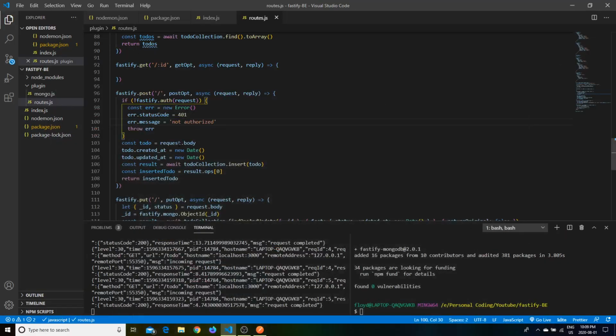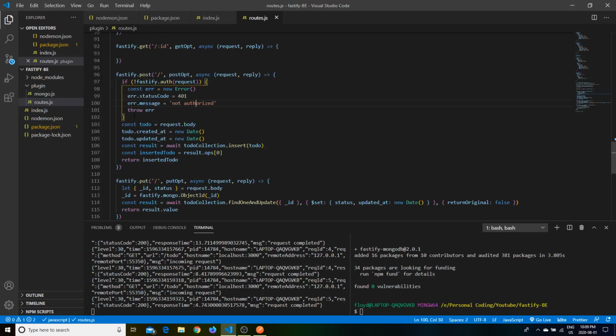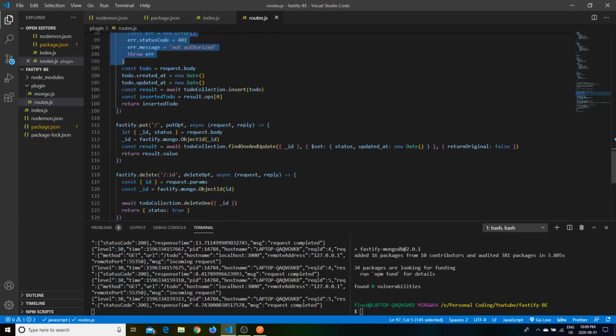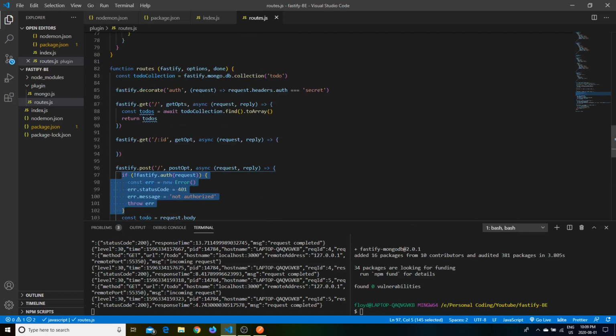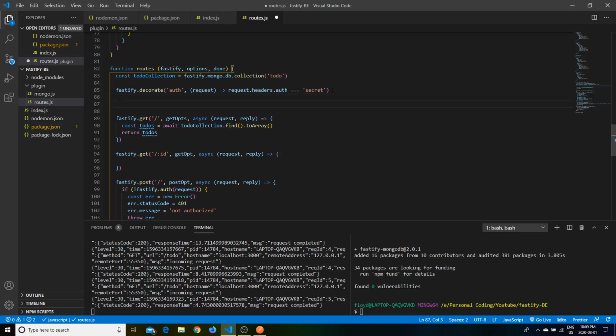And it seems kind of painful now to protect this and this. We would have to copy all this and paste it within each of these, which is not very maintainable. So Fastify has this neat thing called Fastify Hooks. It has a bunch of hooks, like pre-handler, post-handler, when send, and all that kind of stuff. But the one that's most appropriate for us, and the one that's most appropriate for middlewares, is add hook under